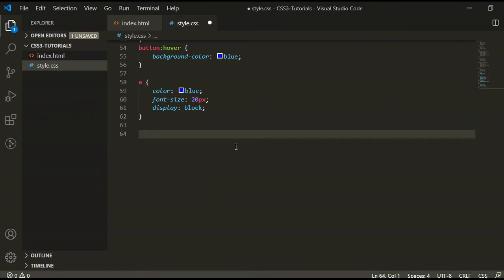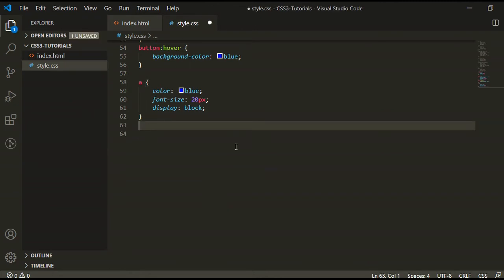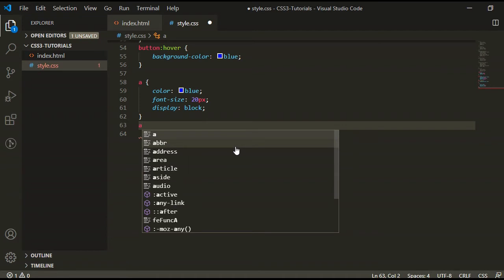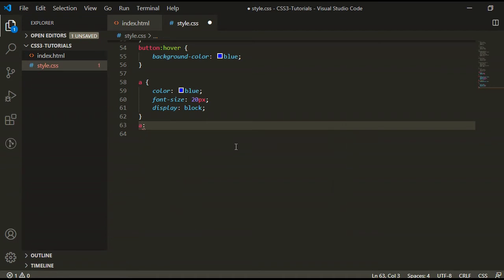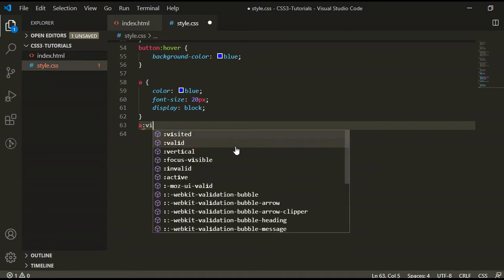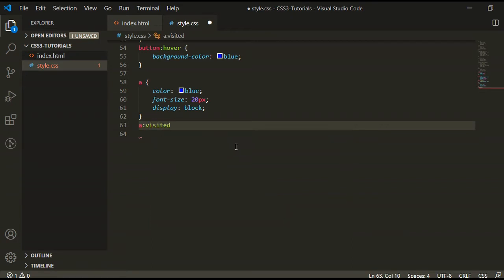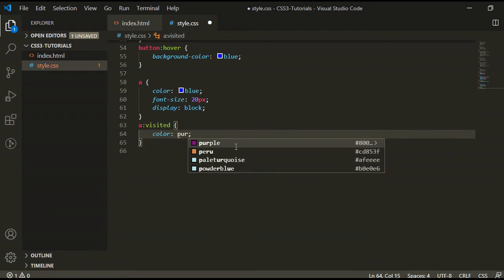Now we will write the special state for visited hyperlink. So selector is anchor, then colon and visited. Color is purple.